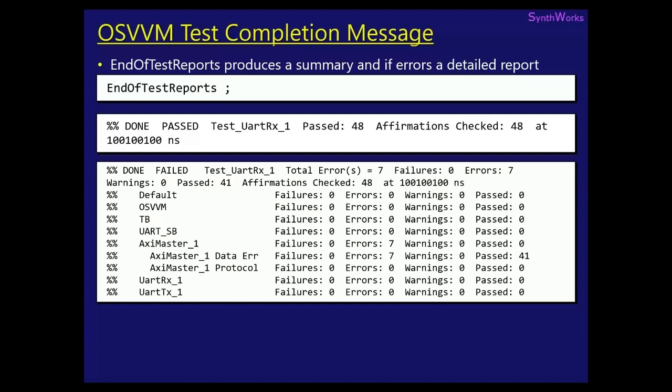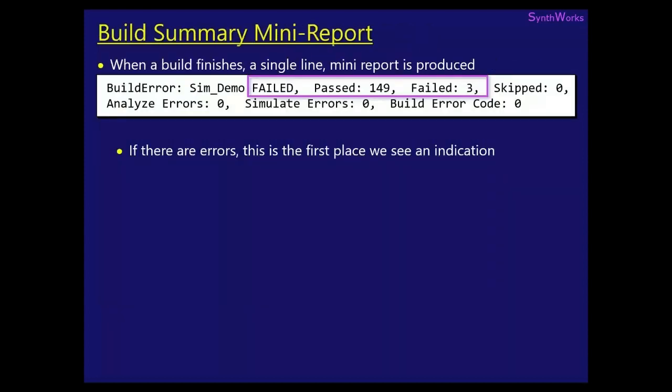All right, so this end of test reports, the first thing you see that comes out of that is the test completion message. The %% done, passed, or %% done, failed. And then next, we get our build summary mini report. This just says build and then the name. And if there was an error, it says build error. And then it says the status, failed or passed. This is the number of tests that passed and the number of tests that failed, the number of tests that were skipped,